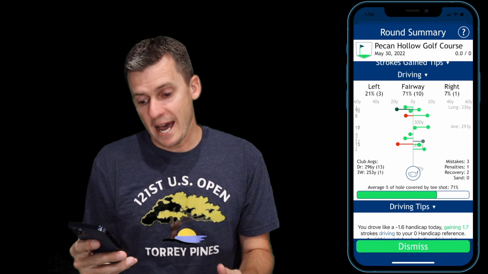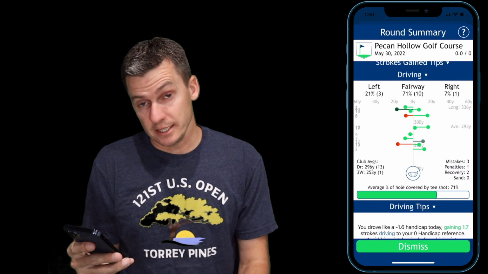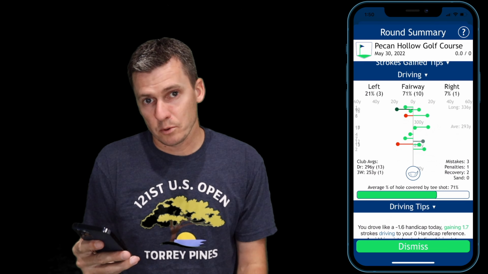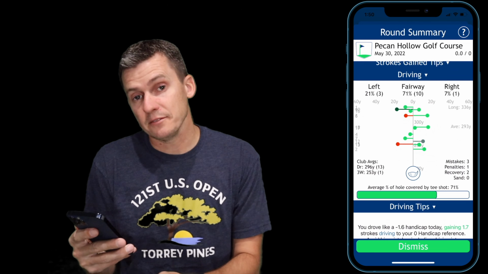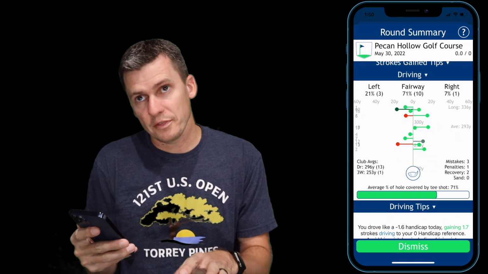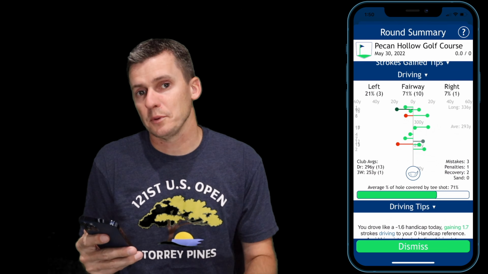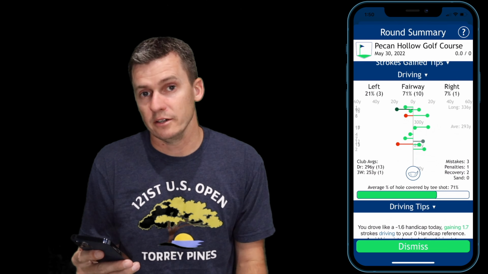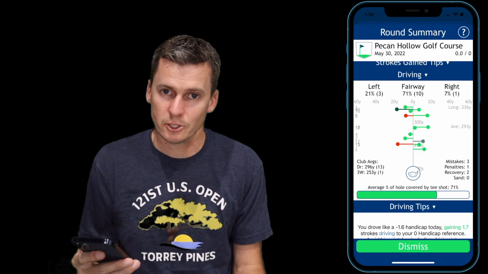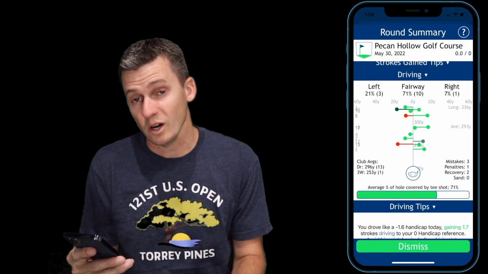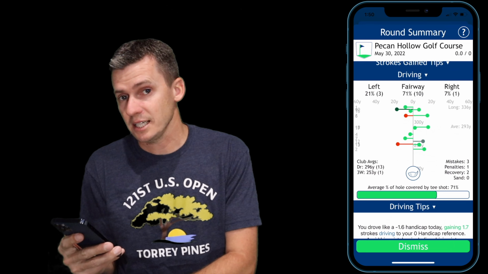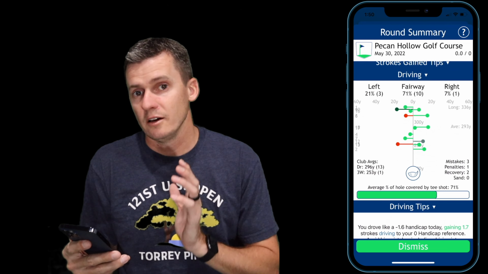Overall, I averaged 293 yards, 296 with my driver. Hit the ball pretty long, covering 71% of the hole. You want that number to be above 60%. If it's below 60%, that means you're probably playing a golf course that's too long for you, and you're not gonna have very many birdie opportunities. Golf's no fun if you don't have birdie opportunities. So 71% is actually on the high side, so I was driving the ball long today, for the most part,